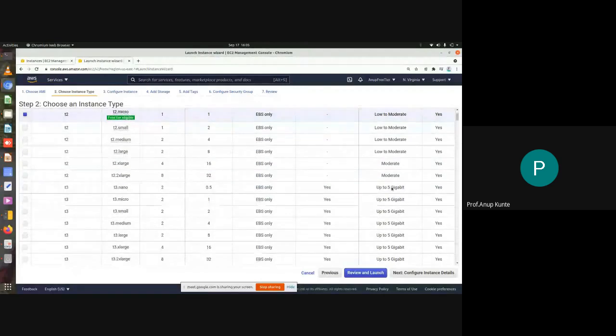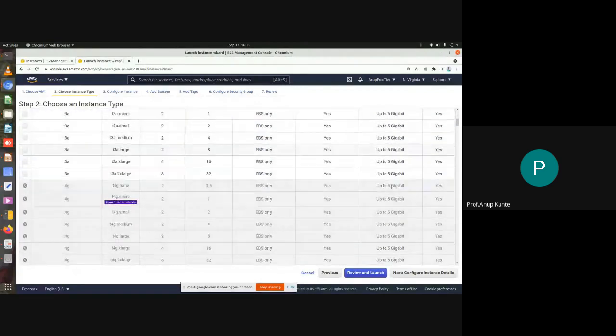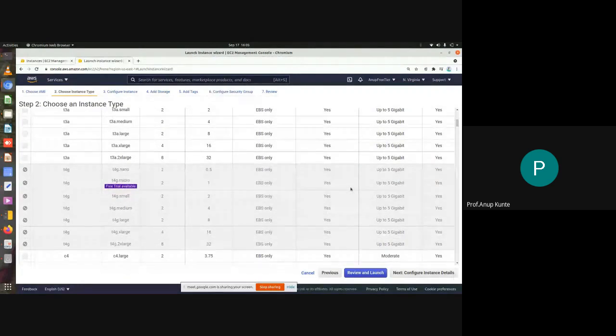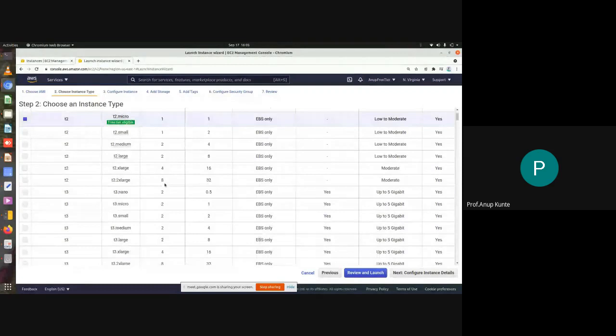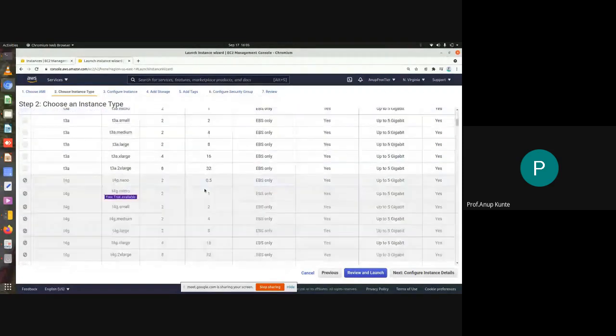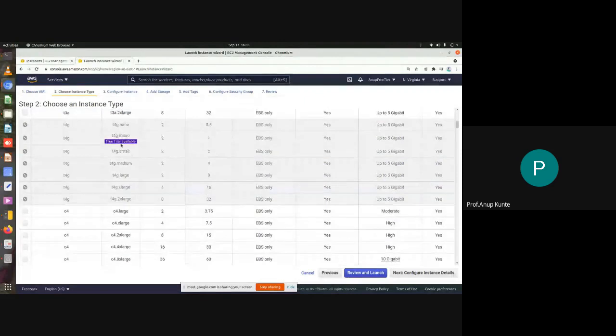So you can see there are a lot of different instances with respect to different sizes available. Now this is another instance where I guess this is 2 GB, 2 virtual CPUs are there, and memory is, this is also free tier eligible, T4G micro.